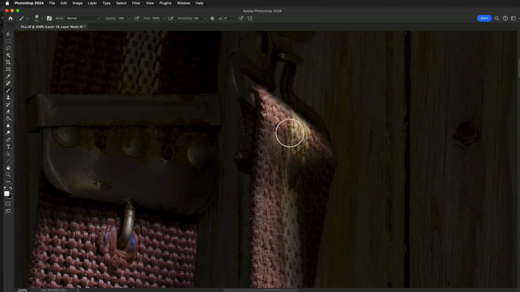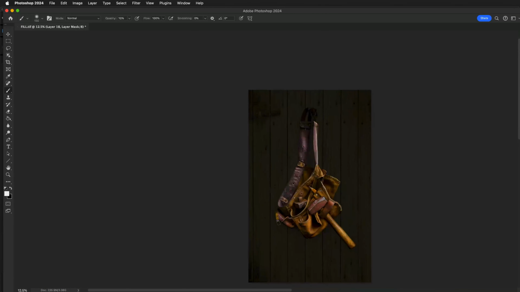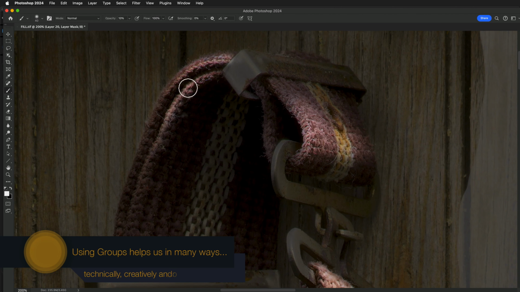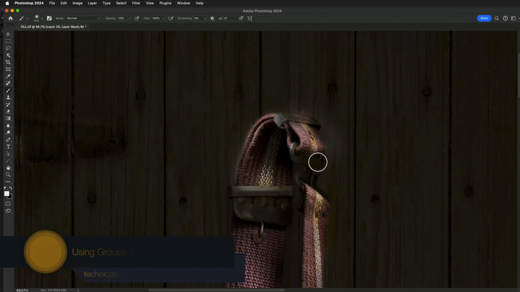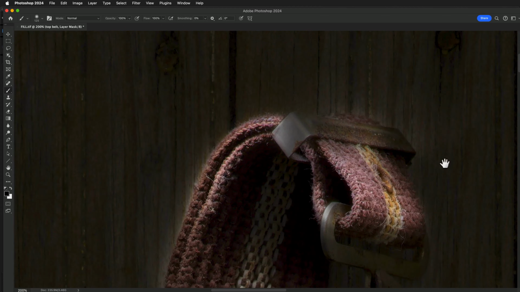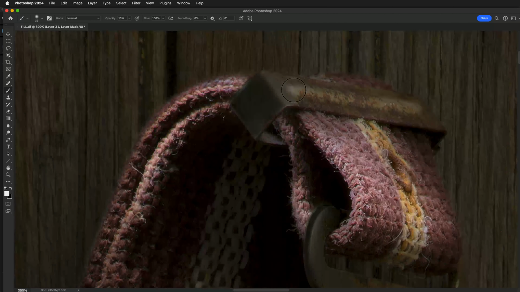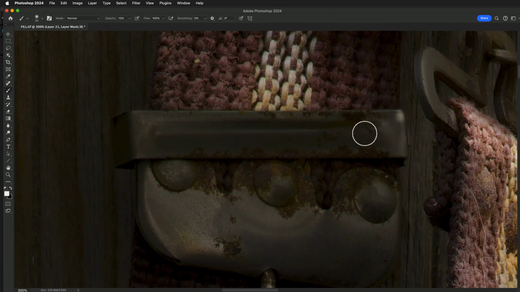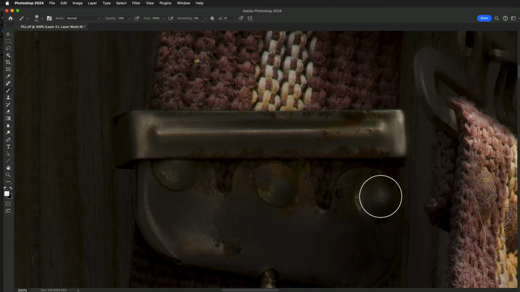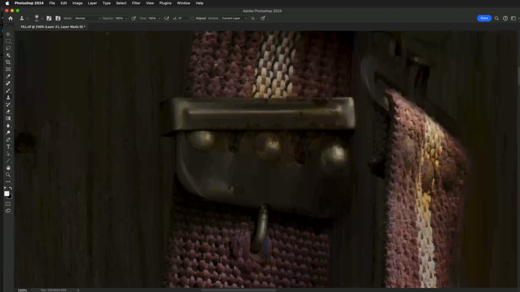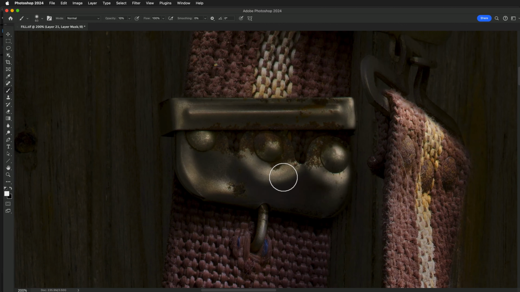I also teach my students a lot about grouping and nested groups. Grouping is a very simple concept, but it gives us a tremendous amount of control. It also gives us organization. A layer stack, when not using grouping, can get a little confusing, but if we use grouping in a disciplined way, we can keep things very organized, which is quite important. My Photoshop plugin panel allows us to easily and quickly create groups in the proper blending mode with the click